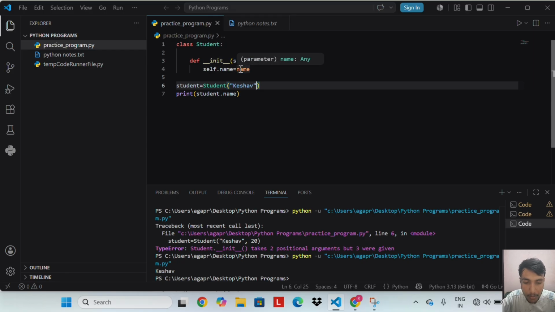Python does it for us the moment an object is created. Self dot name equal to name. The value Keshav passed in is stored as an attribute of the specific object. After creation, student dot name gives us Keshav.